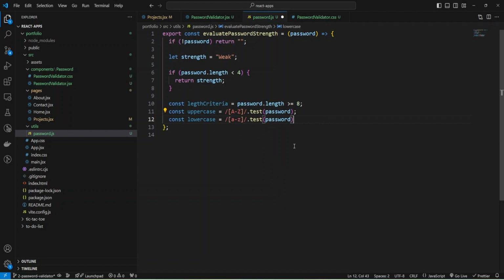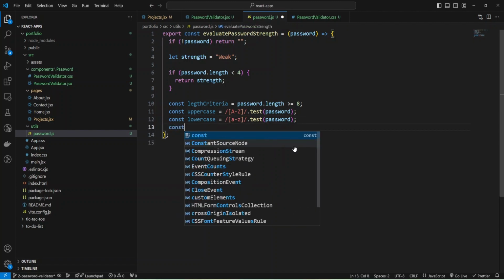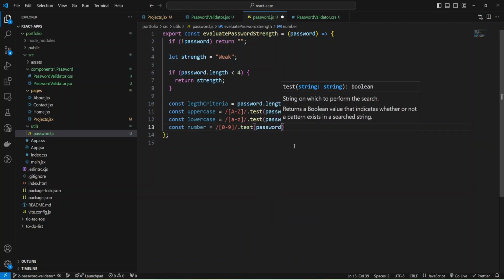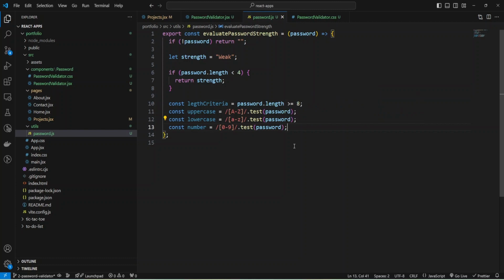And also we can check if we have numbers. And also use regex for numbers, 0 to 9, and test our password. And let me add some criteria for special char. And provide several chars.